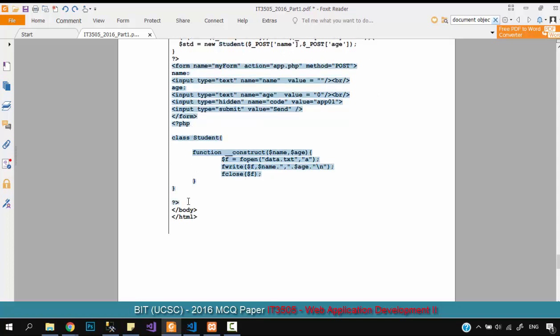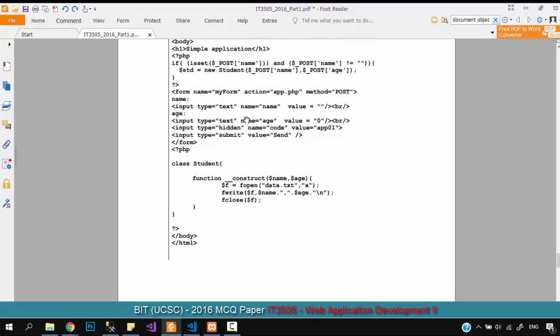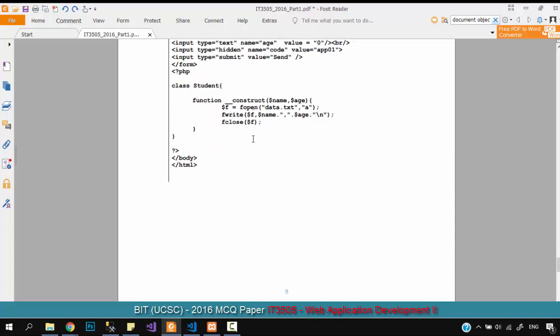Here we have form, right? The form we have one input type text. Yes, this is the second input type text, and a hidden input and a submit input, which value is send. Okay. So basically we have two text boxes and a hidden field and a submit button. Okay. And then there's another PHP